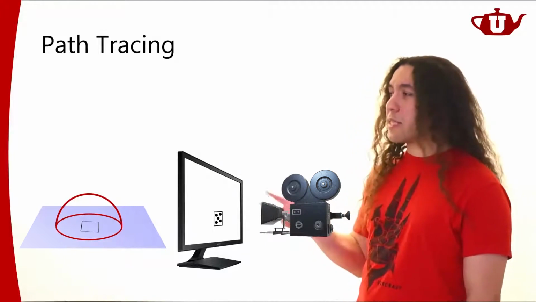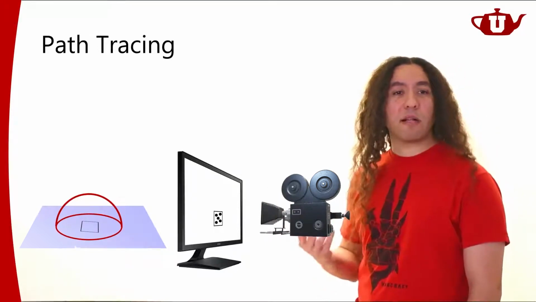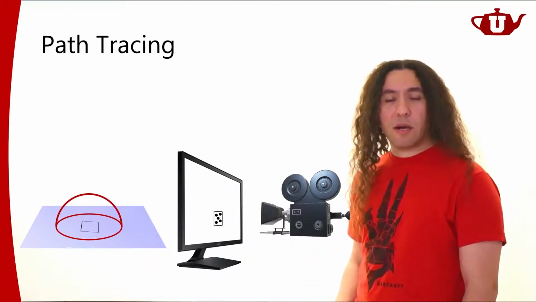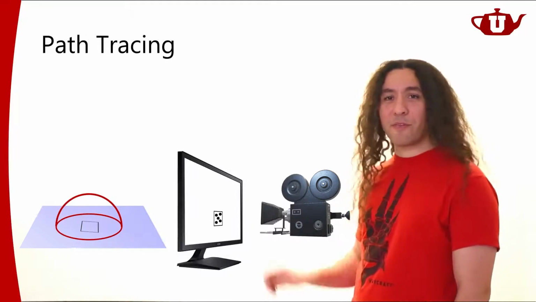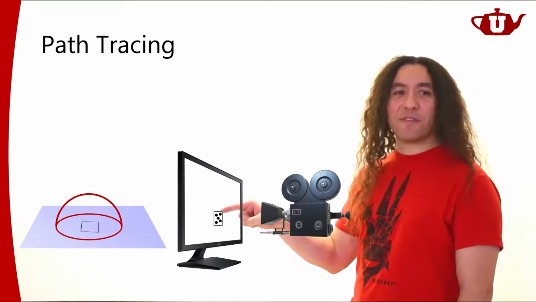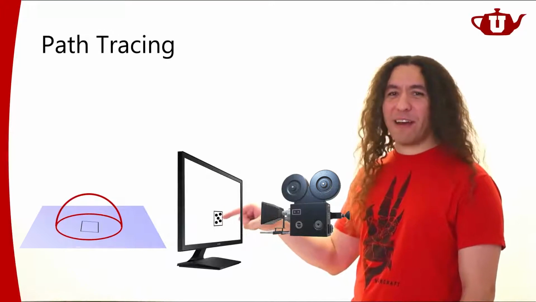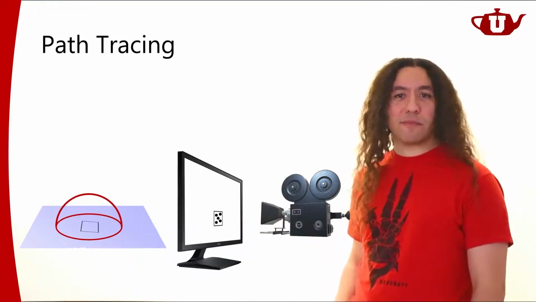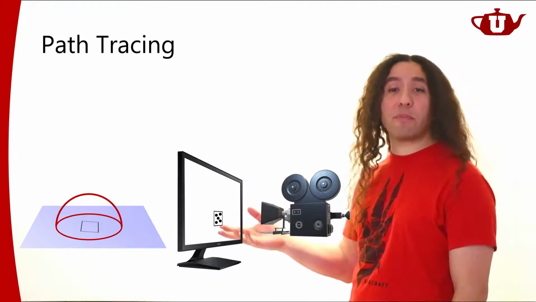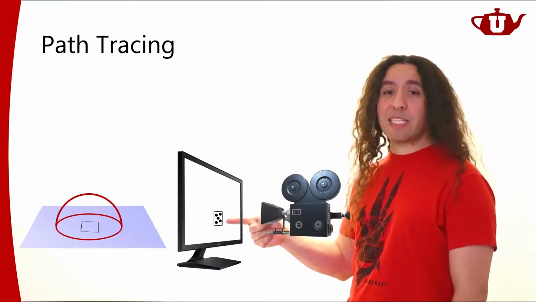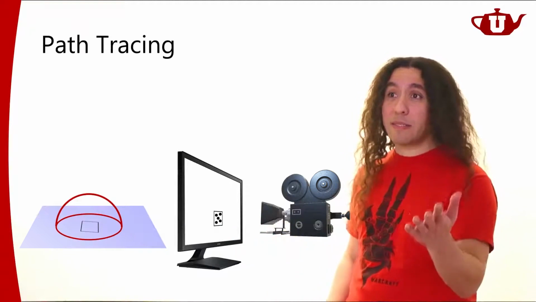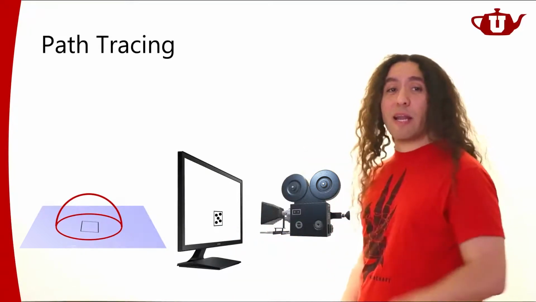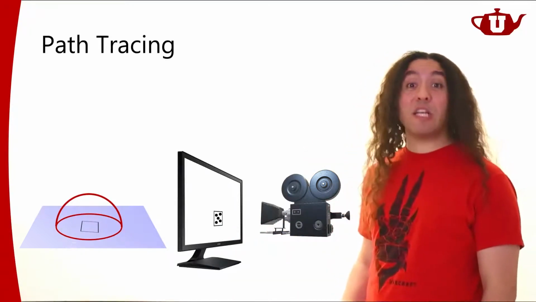And in comparison, this is actually a relatively easier algorithm to implement correctly. So let me show you an example of what happens. Of course, I need to have a lot of samples from this pixel. What happens if I don't have enough samples? What if I use very few samples? That means my estimation for this pixel is going to be inaccurate. So that means the image that I'm generating is going to be very noisy.